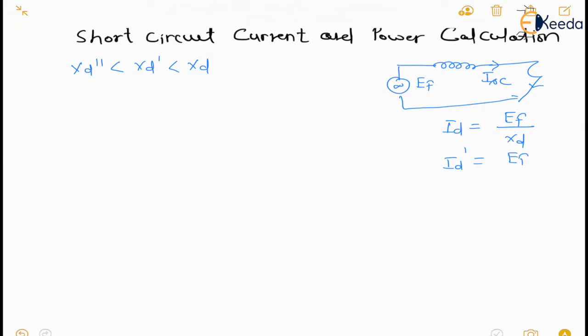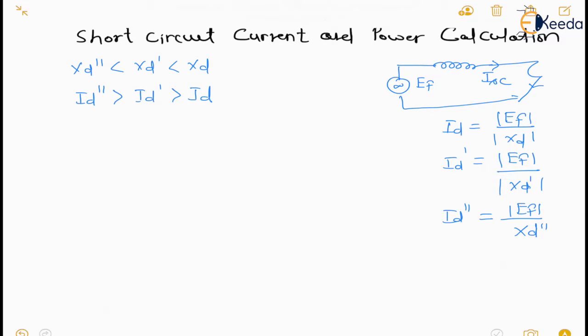Id' will be equal to, basically these are all the magnitudes, Ef upon Xd', and Id'' is equal to Ef upon Xd''. So you can see from here that Xd'' is less than Xd' is less than Xd. So from here we can calculate another relation: Id'' is greater than Id' is greater than Id. So whenever we are going to find out the short circuit current or short circuit power, there would